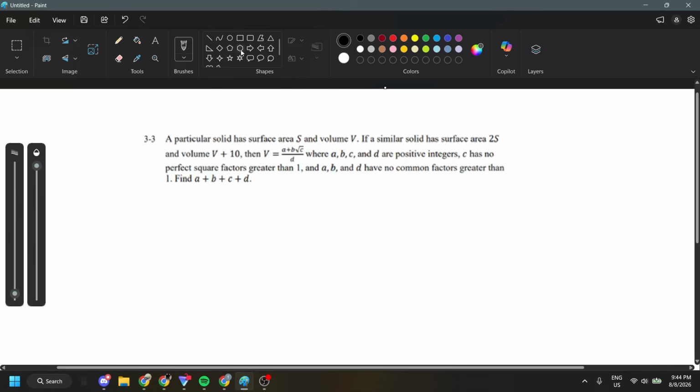A particular solid has surface area S and volume V. If a similar solid has surface area 2S and volume V plus 10, then V is equal to this, where A, B, C, and D are positive integers and C has no perfect square factors greater than 1. Okay, so